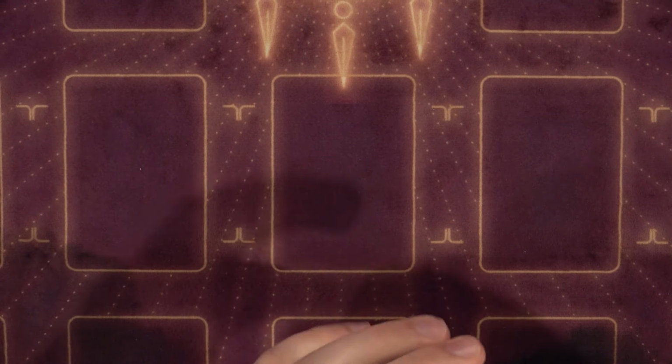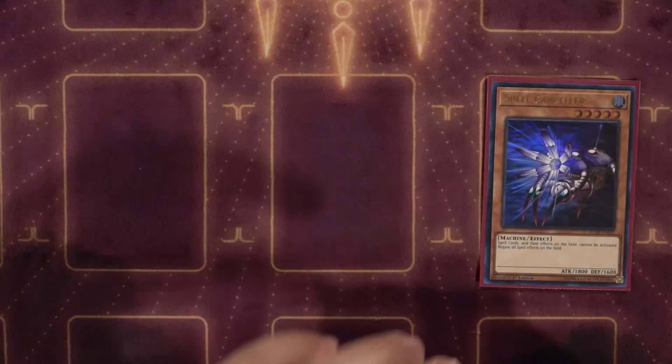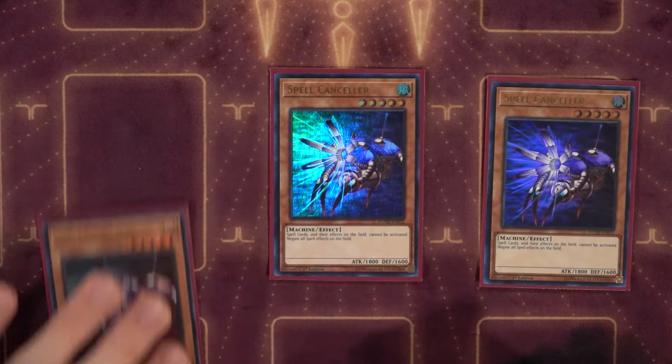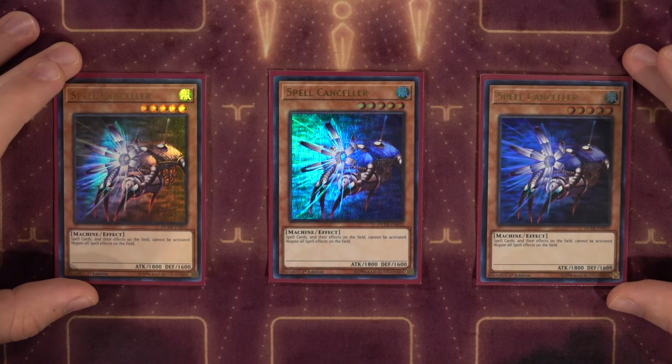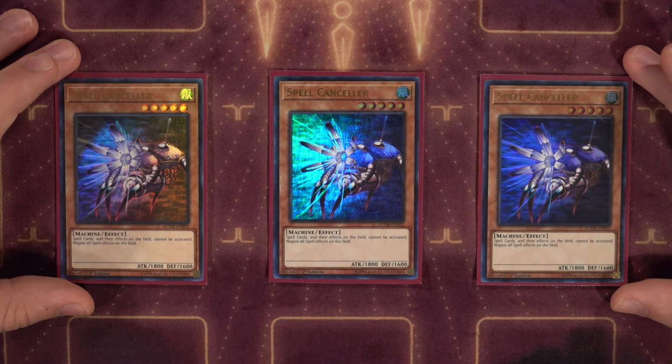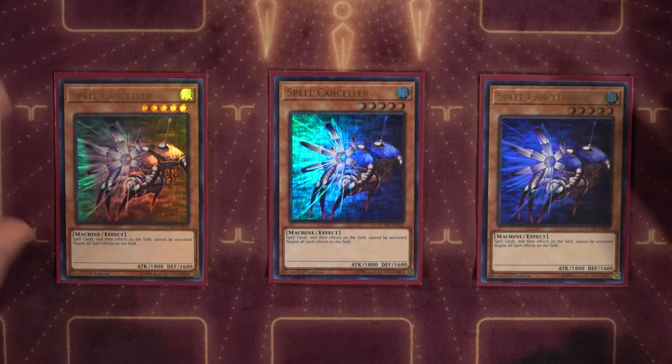Now, we'll go through the side deck. I won't spend too much time here because the side deck obviously changes from format to format, but this card right here I think is a pretty good staple in most Speedroid decks from this format and maybe even on. It is just a wind machine monster that we can get very easy access to through something like